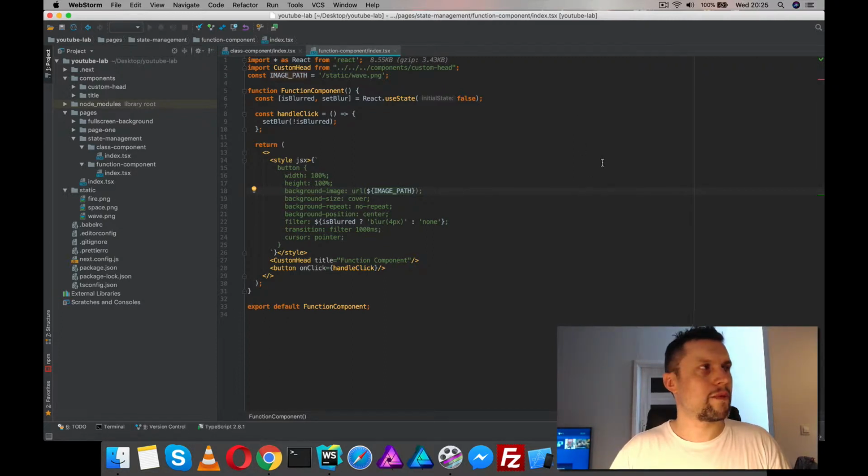But you know, I remember working on some projects probably 1 or 2 years ago that had only class components, no matter how big or small the component was. But we're in 2019 now, things are different. We have these things called React hooks, and we can add state and lifecycle methods to functions. And I will be making a video about that. And you can see plenty of examples in our YouTube lab about how state and lifecycle methods can be added